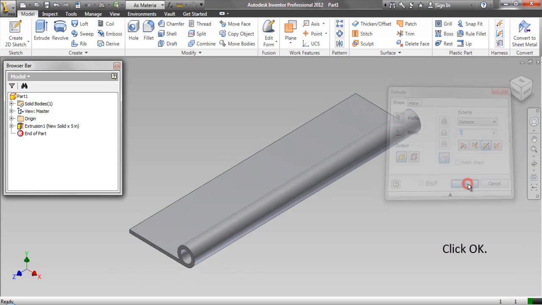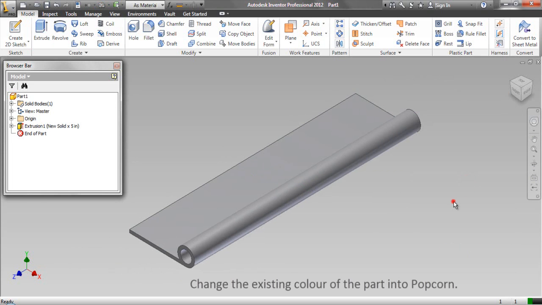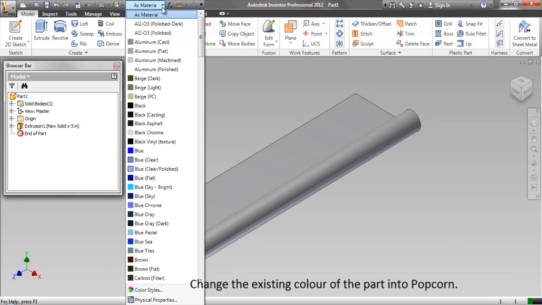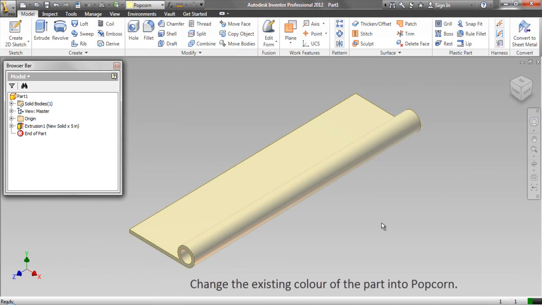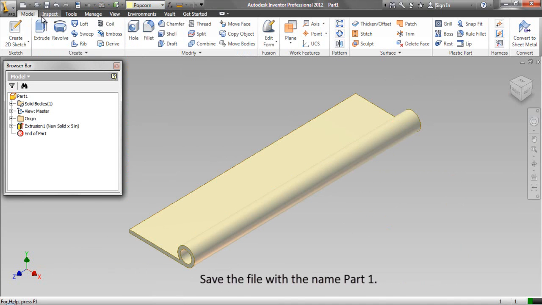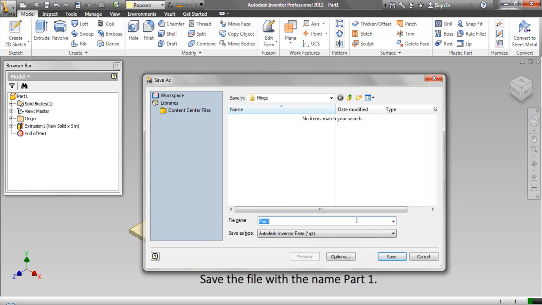Click OK. Change the existing color of the part to popcorn. Save the file with the name part1.